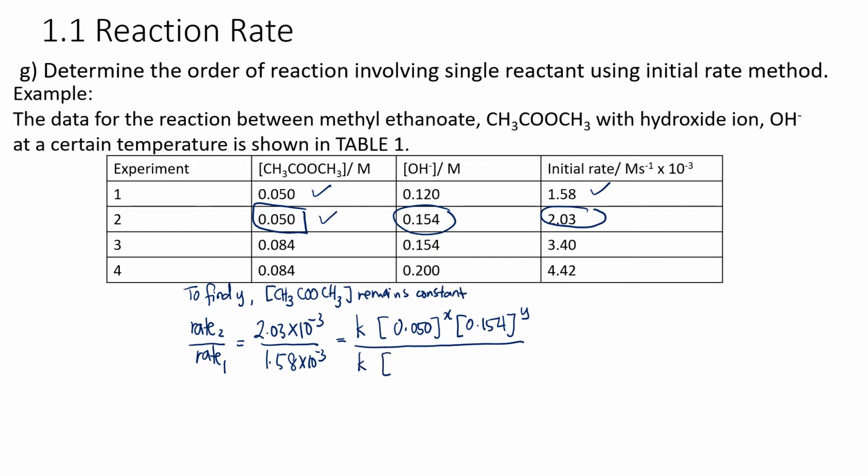For experiment 1, the concentration of CH3COOCH3 is 0.05 raised to the power of x, and the concentration of hydroxide ion is 0.12 raised to the power of y. So k and k we can eliminate. 0.05 raised to the power of x eliminates with 0.05 raised to the power of x, and that should give us